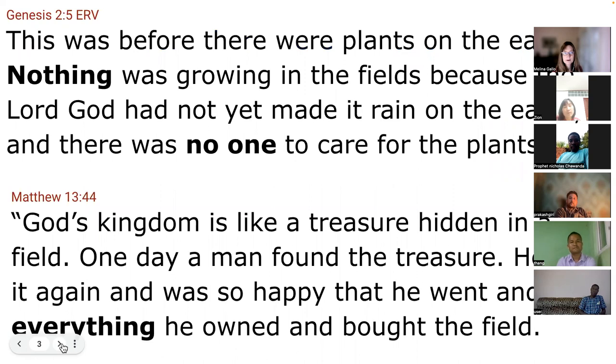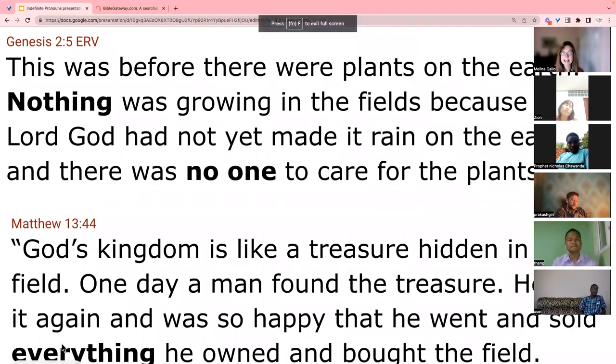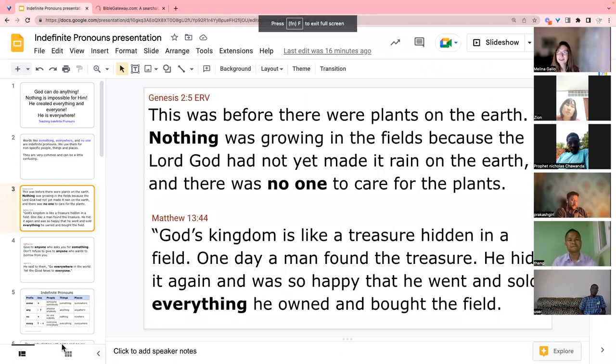I'm going to show you some more Bible verses using indefinite pronouns. And I find that using Bible verses is a great way to give examples. Sometimes we rack our brains coming up with example sentences for our students when they ask a question about a word. And I'm going to show you a really quick trick that you can use if you need sample sentences. I usually go to